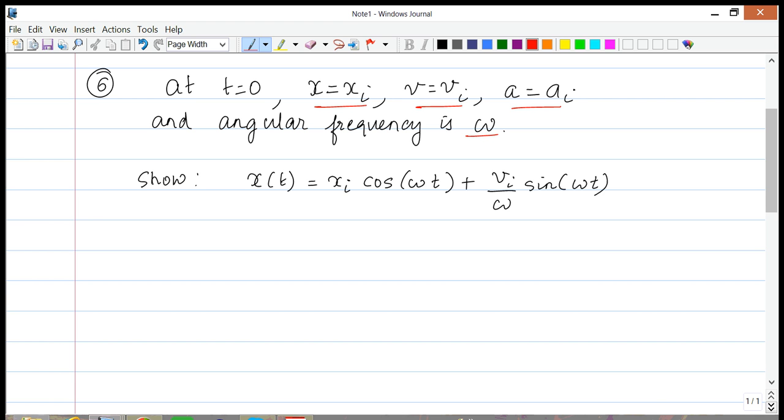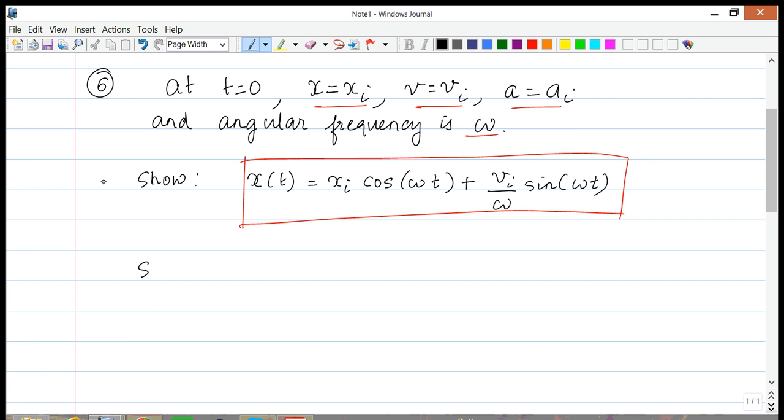The first question is to show, along with the fact that the angular frequency is omega, that x as a function of time is given by this relationship: x is equal to xi cosine omega t plus vi over omega sine omega t. So the way we're going to answer this is we're going to begin by saying, if you have